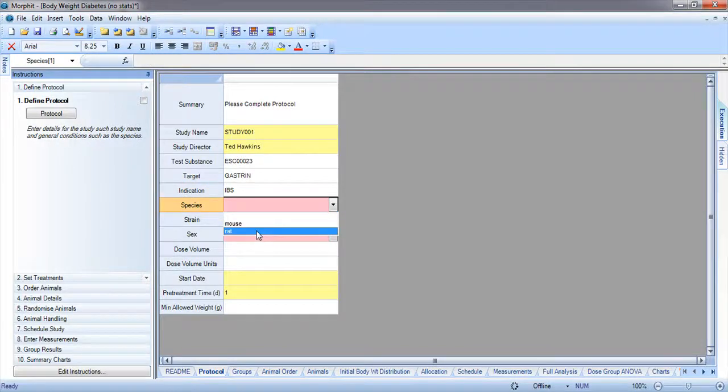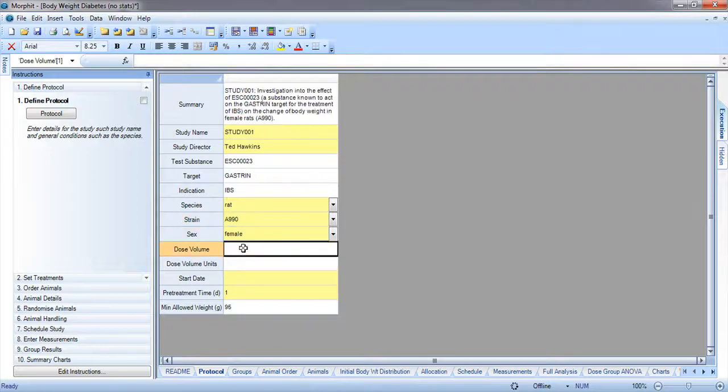And we'll select rats and the correct strain of the rats, dose volume, and we'll select the start date. Okay, so once that's complete we can mark it as such,